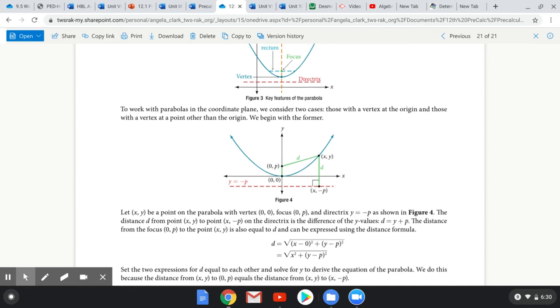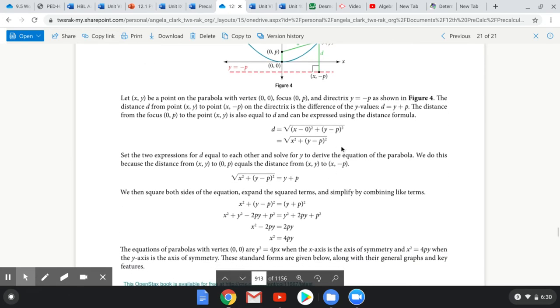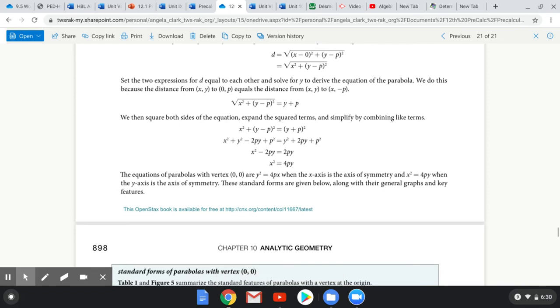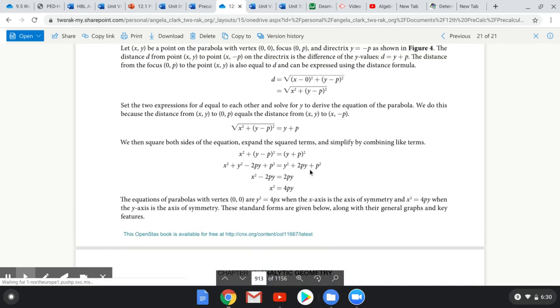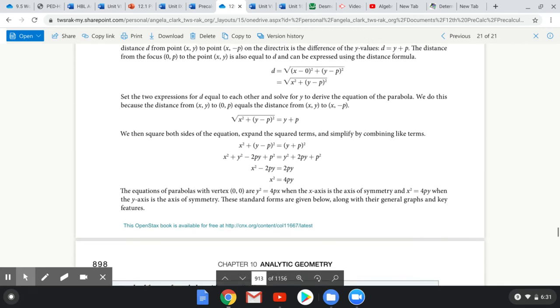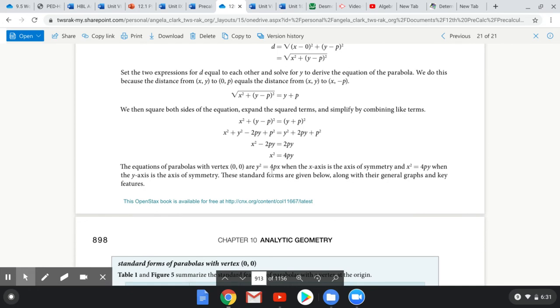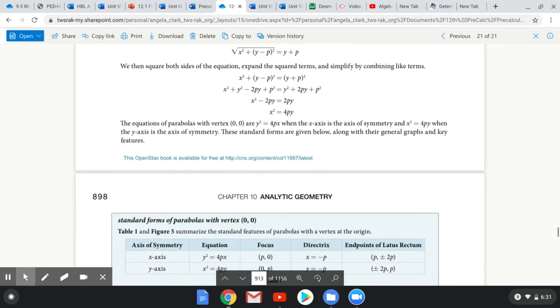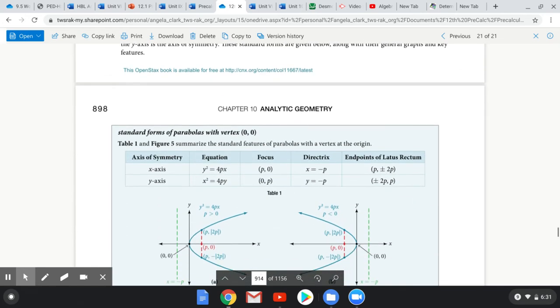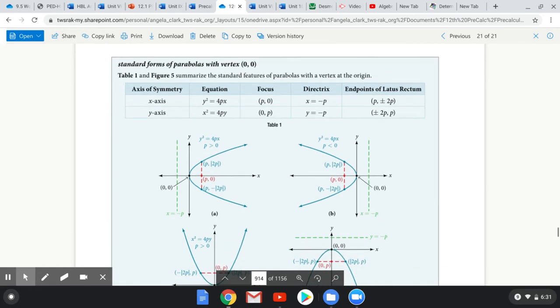Hopefully that makes sense. And then again, your book uses that fact to get the form of the equation for a parabola that we generally use. This is centered at the origin, or not centered, vertex at the origin. Yeah, we'll talk about that more later. Okay, so